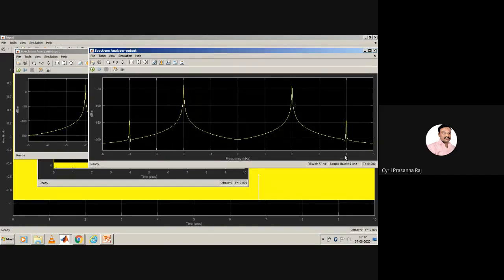Okay, but at 4 kilohertz also there is some spike available. That means this is allowing a frequency at 4 kilohertz to pass as well. Okay, that is also made available at the output. But if you compare the amplitudes, they are almost negligible.